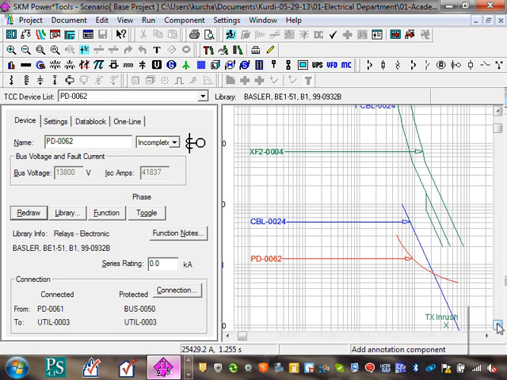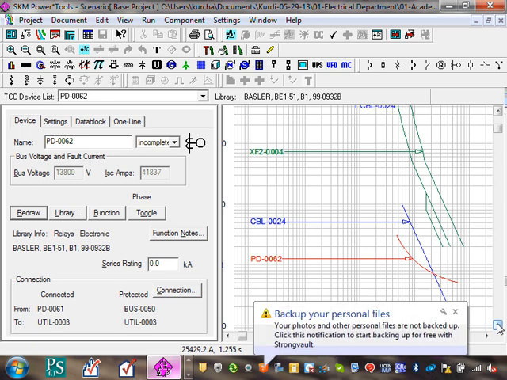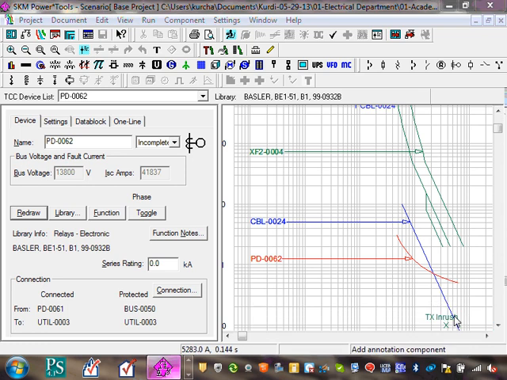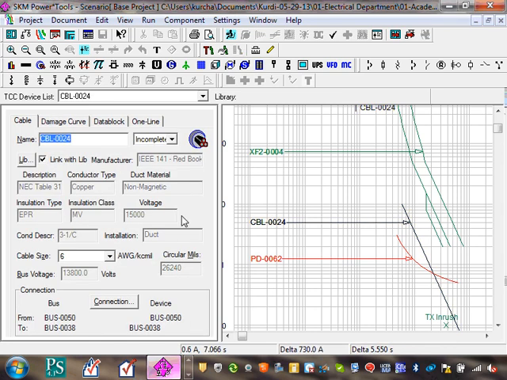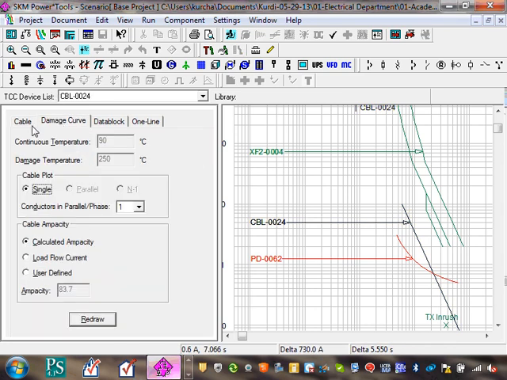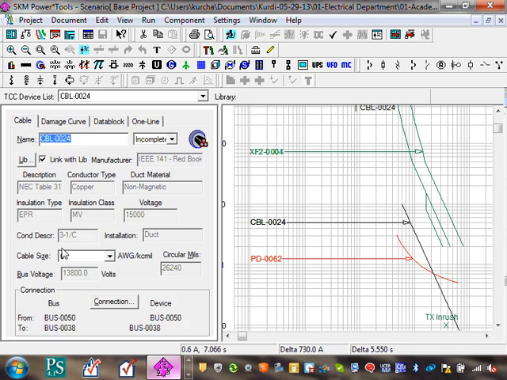Here's the conductor that feeds this transformer. If the conductor that feeds this transformer is sized this way, that circuit breaker right at this value will start burning before the relay picks up and trips. So that's basically the curve that you're looking at here, called the damage curve for conductors. Here's my damage curve. This is my damage curve for conductors. It's a number